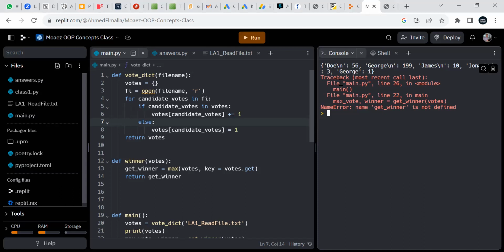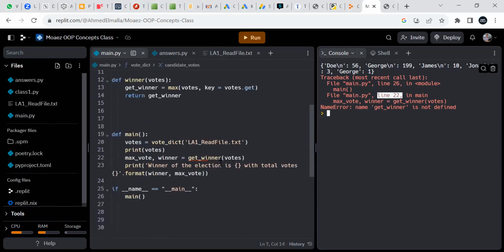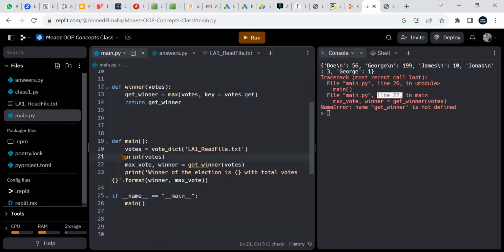Okay, so the first thing that we have to look at here. You have an error on line 26 and on line 22. So let's go through this and see what the issue actually is. So line 22 here.